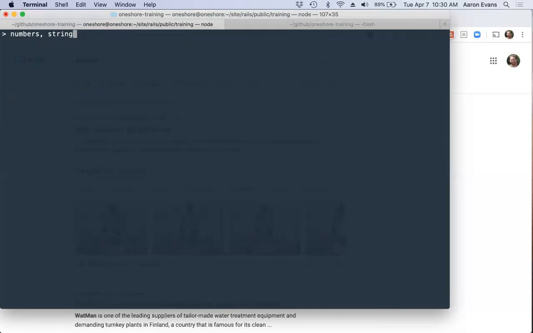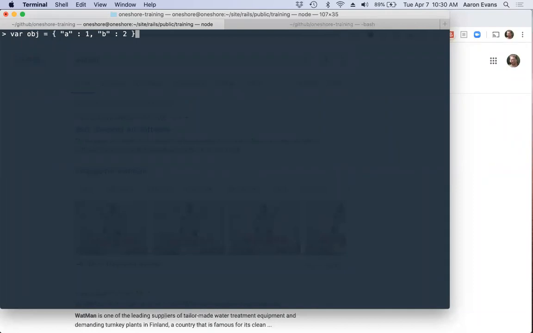So we have numbers, we have strings, and we have objects, and we have arrays. Now, I haven't talked about objects yet, but I'll do that first. This is the last thing I want to show. So an object is like a hash. It has a key and a value. So I might have a key of A and a value of 1, and a key of B and a value of 2. Some languages call this a dictionary, or a hash,